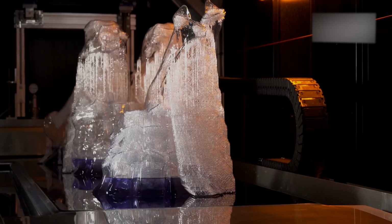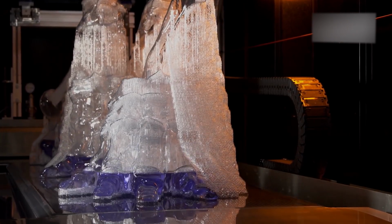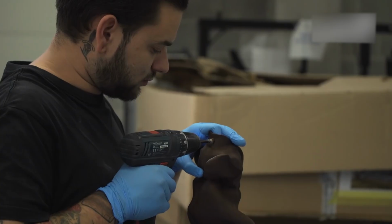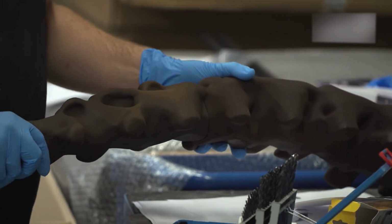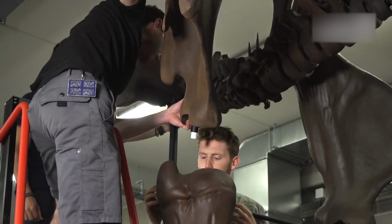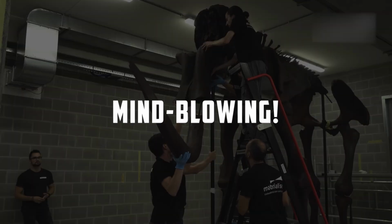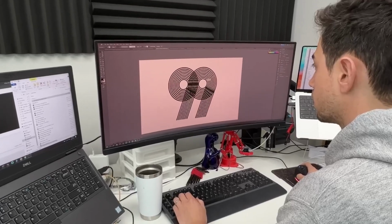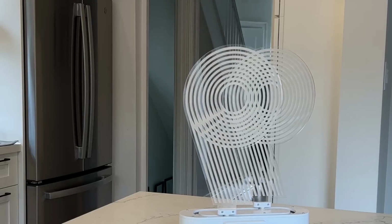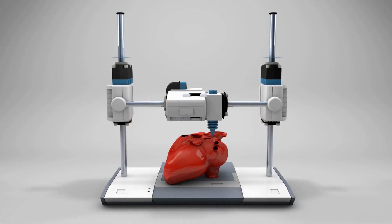Imagine the excitement of examining three-dimensional replicas of museum objects like fossils and historical artifacts without the fear of damaging the priceless originals, or viewing topographical maps from a completely new perspective. It's simply mind-blowing. Graphic design students can now easily construct intricate models and mechanisms, while science students can study biological